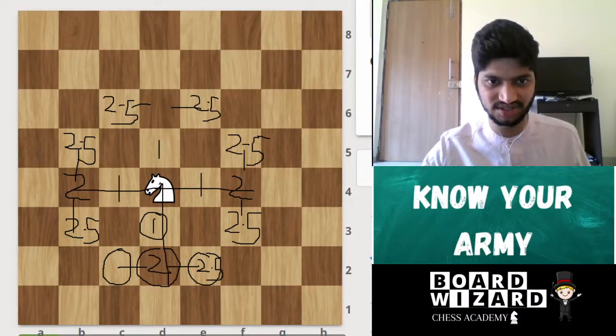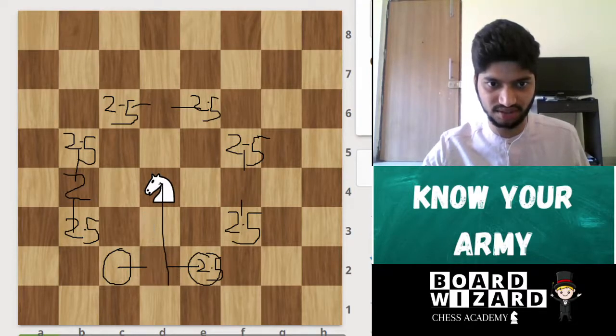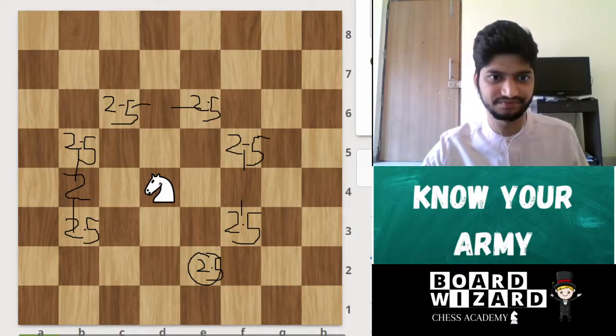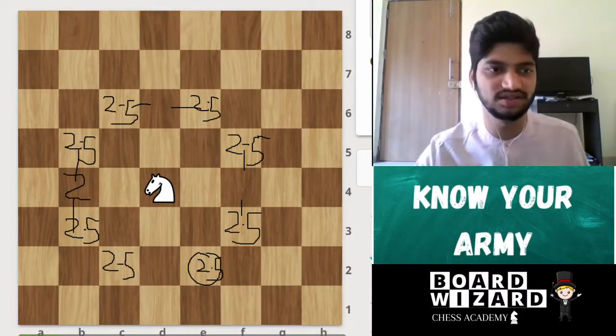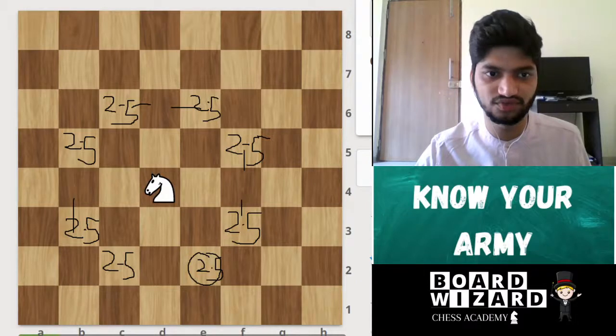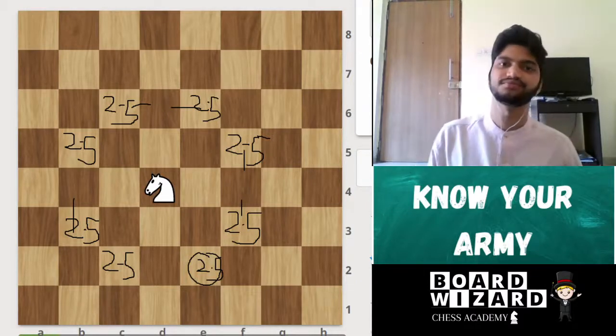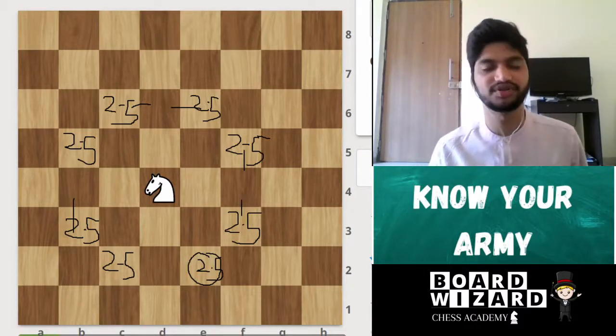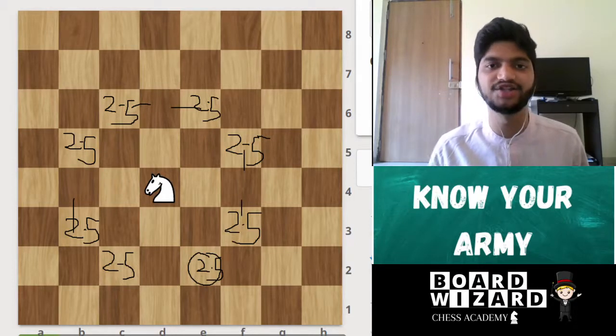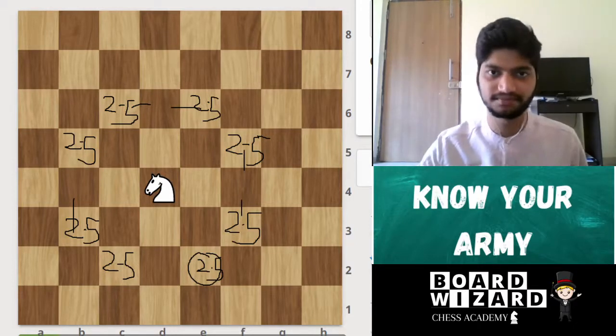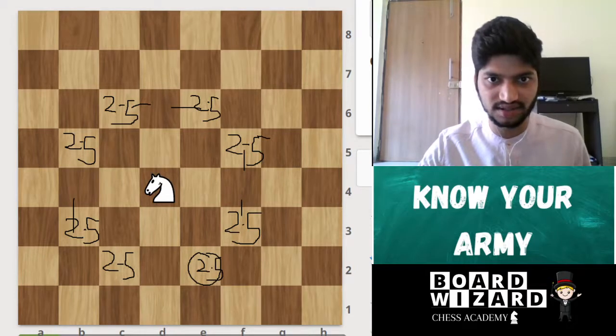So let me just remove everything else and keep only the 2.5 step squares. Okay, so those are all the squares the knight can jump to. Now I'm saying the word jump. Yes, the knight can jump over all the pieces. Let's cover the knight.